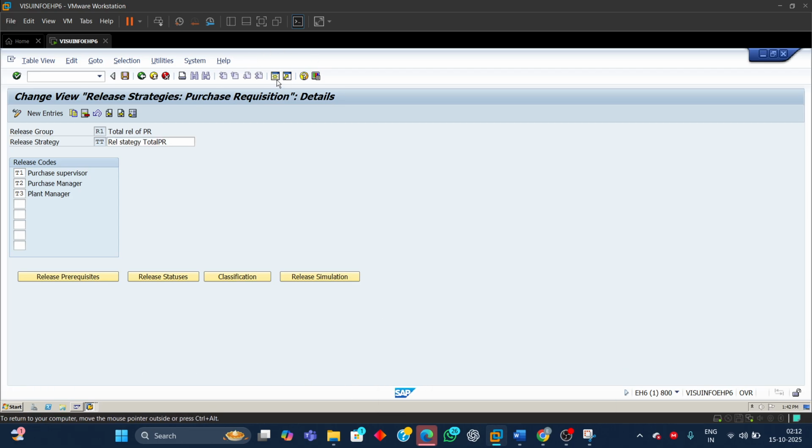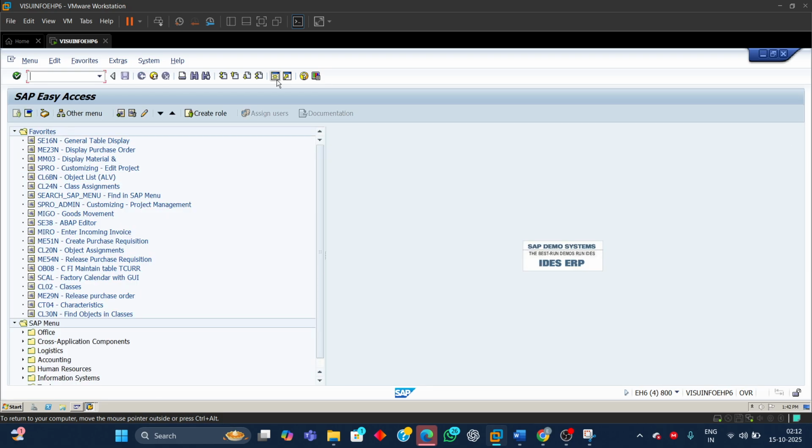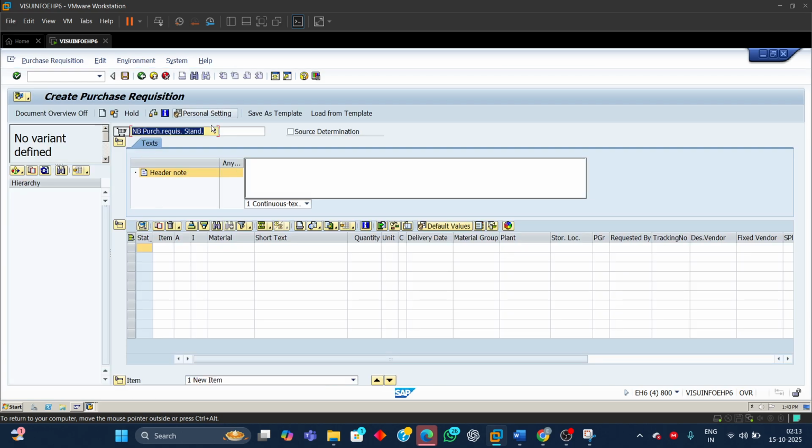Let me open a new screen. The transaction code to create a purchase requisition is ME51N. Click here. Here, the first thing you have to select is the document type. We will use ZRNB, the PR document type for overall release. This is very important. The material is